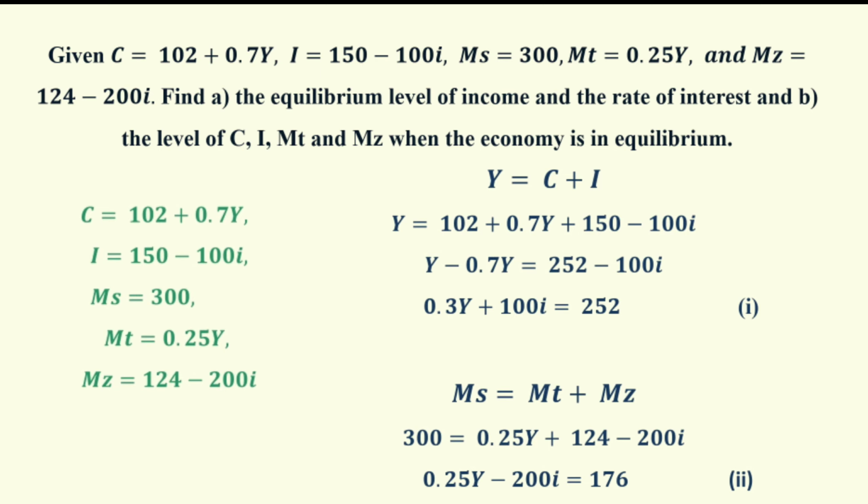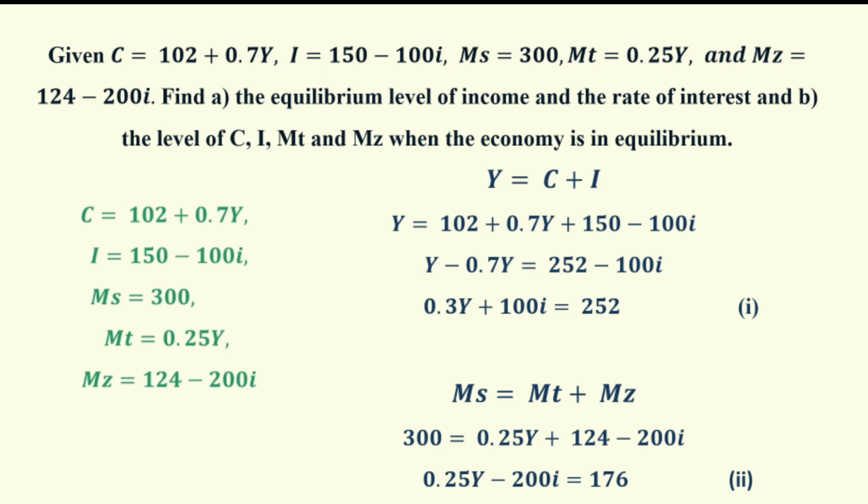So this is the question. We have an ISLM model. It is an application of an ISLM model. The commodity market for a simple two-sector economy is in equilibrium when y is equal to C plus I. The money market is in equilibrium when the supply of money is equal to the demand for money, which is composed of transaction demand for money and speculative demand for money. That is, demand for money and supply of money are equal in equilibrium, where demand for money is equal to transaction demand for money plus speculative demand for money, that is MD is equal to MT plus MZ.